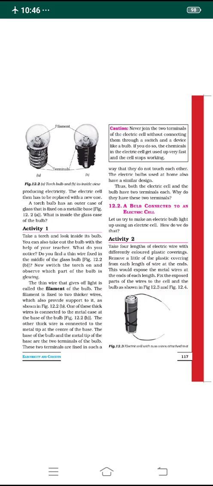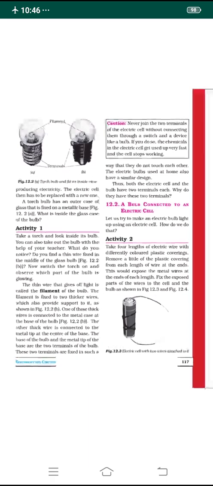One caution we must take when dealing with bulbs: we should never join the two terminals of the electric cell without connecting them through a switch. We must connect them to a switch, and a device like a bulb.